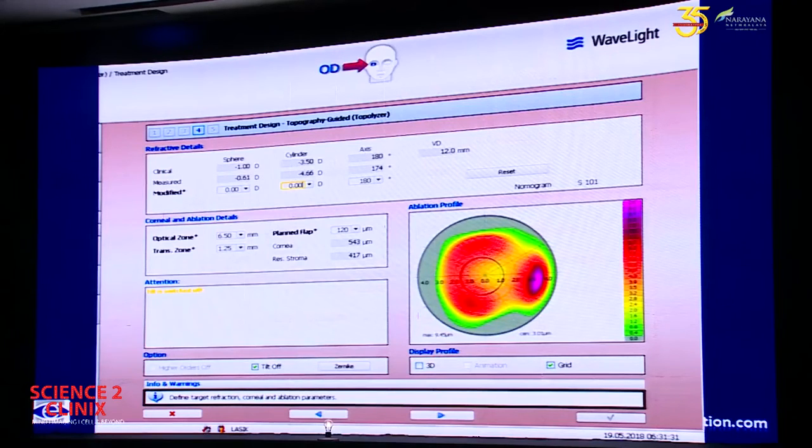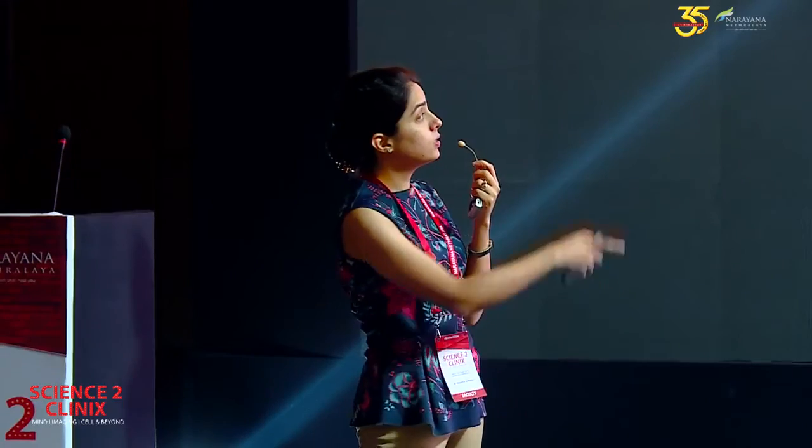So this was just an interesting case that I saw. I've just seen this once in about 200 or 300 eyes. You can see that there is a gross difference between the cylinder that is taken on the clinical refraction and the one that we're getting on the topolizer. So we again did the same thing. In the modified, we've put 0, which means that we're not treating the sphere or the cylinder and just seeing the higher order aberrations. Like I alluded to earlier, if there is a significant difference in this cylinder, you should have some amount of coma which attributes for it.